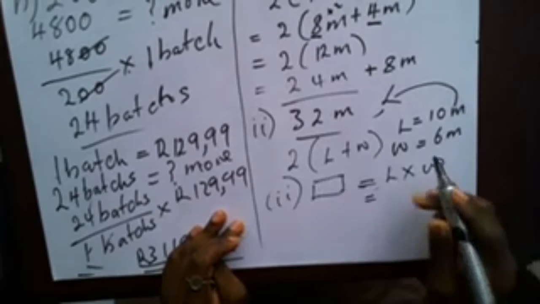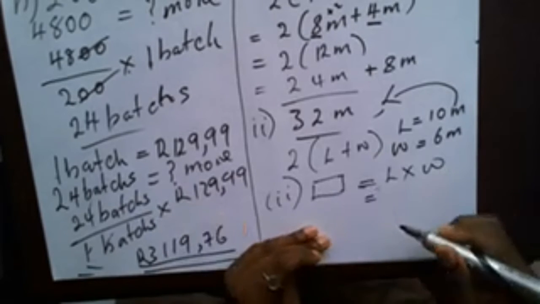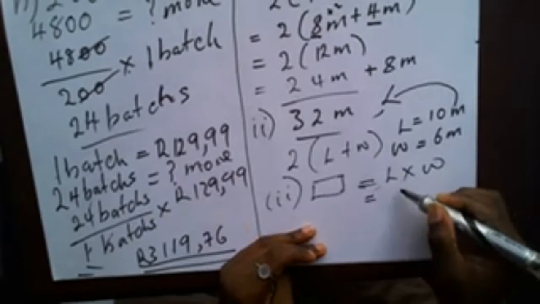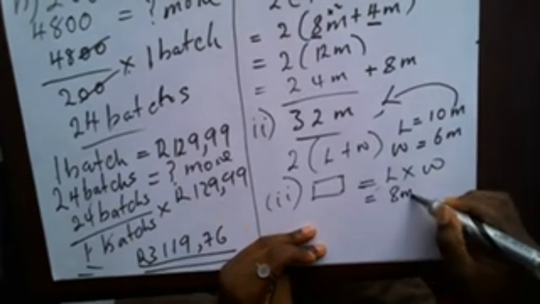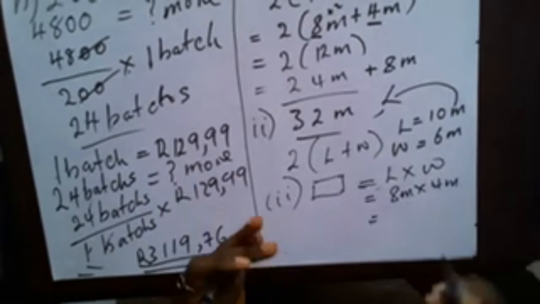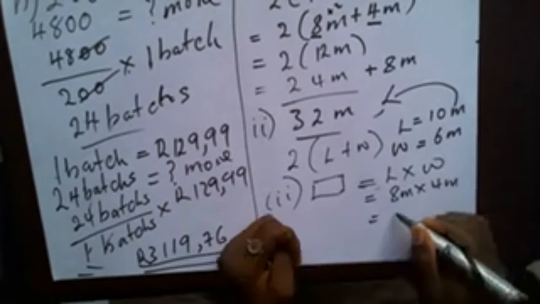Don't forget the formula, guys. If a question comes in paper 2 and you're not given the formula, you need to write the formula. It can get you some marks sometimes. So we're saying 8 times 4, which is 32